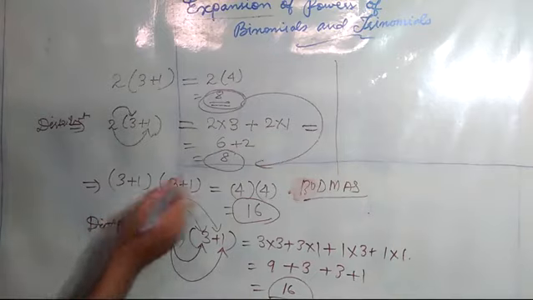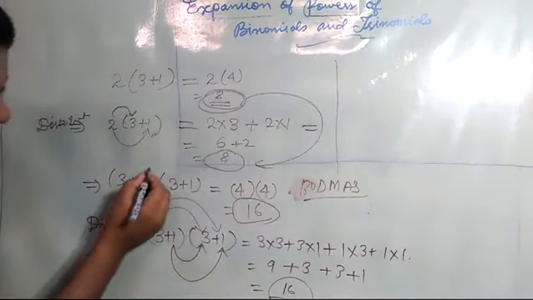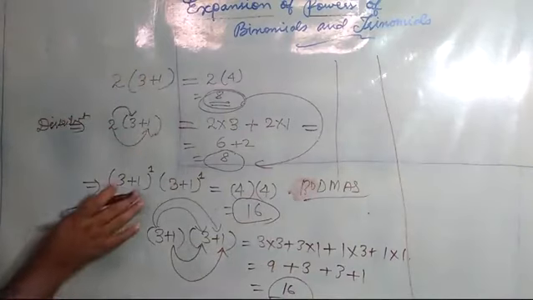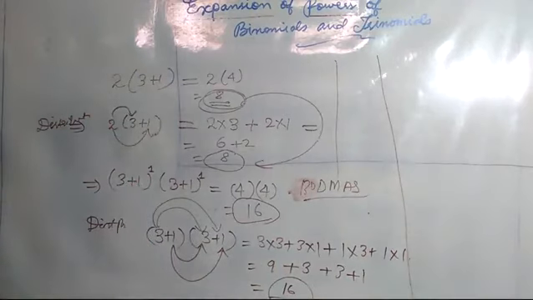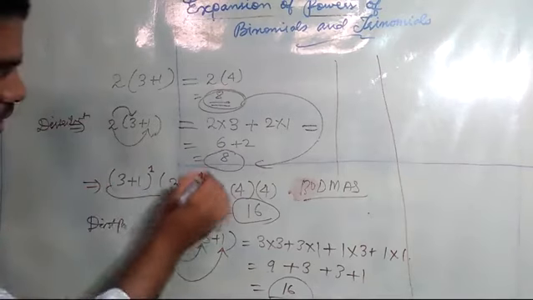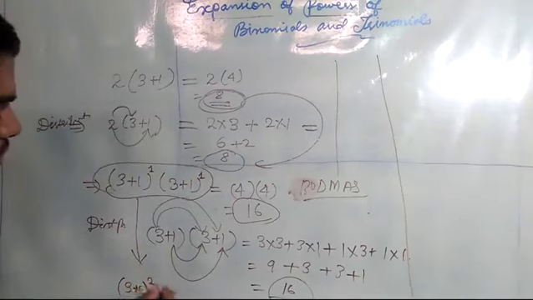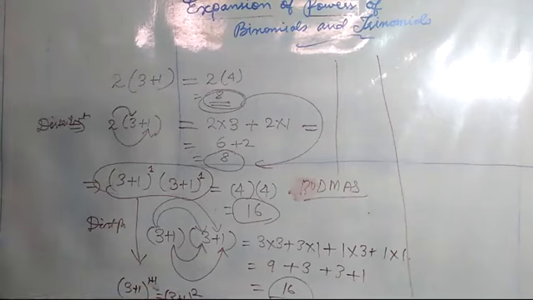Now to understand the powers, here the word power is coming. What is the raised power here? It is raised power 1 and 1. I remember that I have taught you exponents in class 7, in which I told you that if the numbers have the same base, then their powers will be added. So in this case the base is the same. So can I write like this: 3 plus 1 raised power 1 plus 1, that is 3 plus 1 raised power 2? I hope you understood. This is the meaning of expansion of powers.